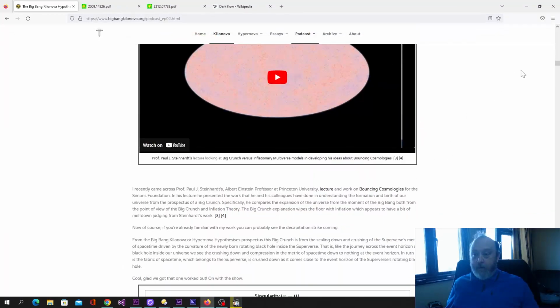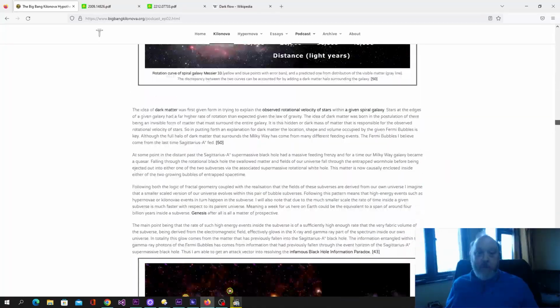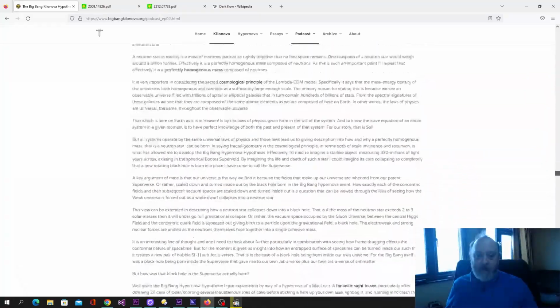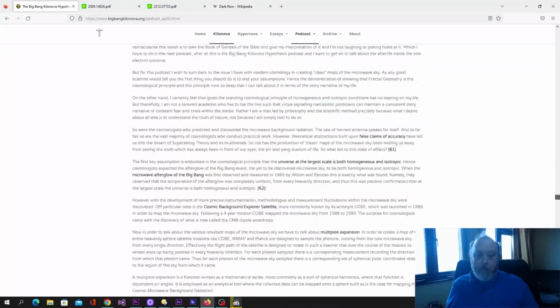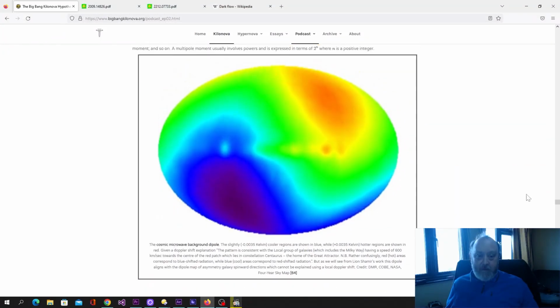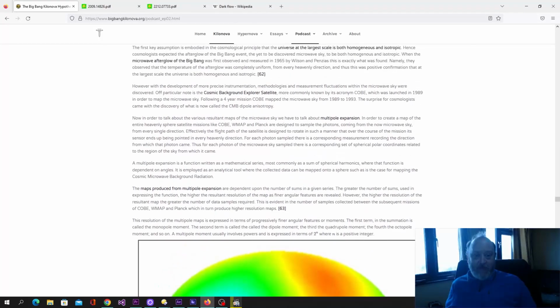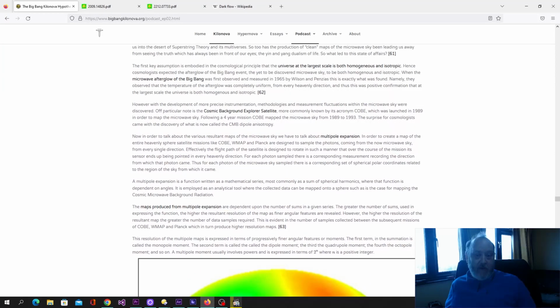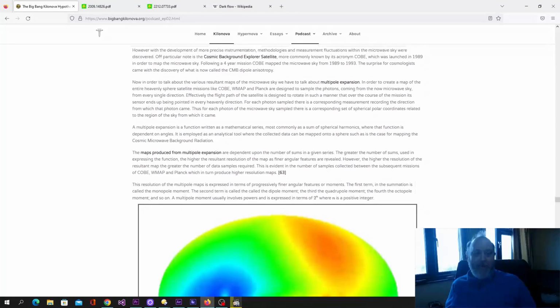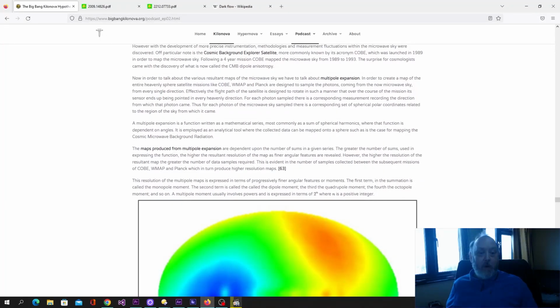The CMB dipole. CMB stands for cosmic microwave background radiation. But the dipole map, which is this one, you need to talk about multipole expansion. In fact, I've got the words here. Now, in order to talk about the various resultant maps of the microwave sky, we have to talk about multipole